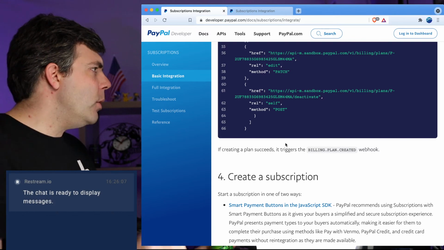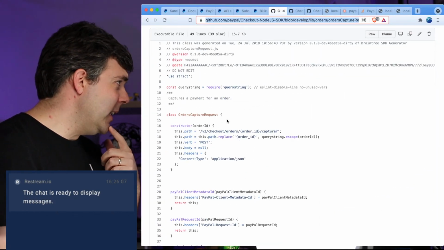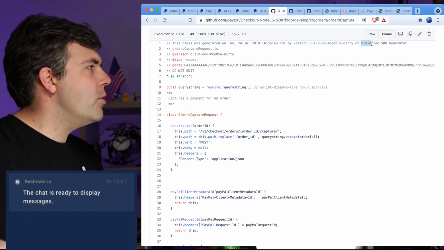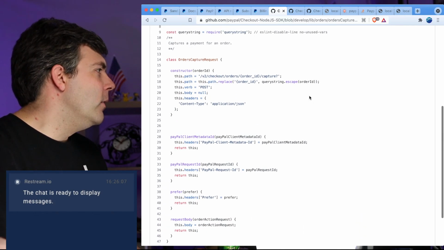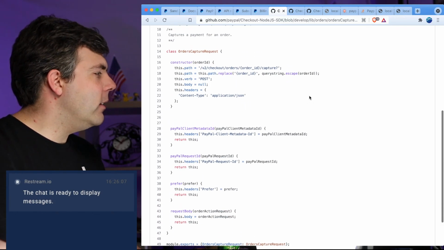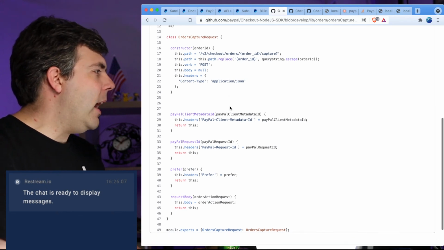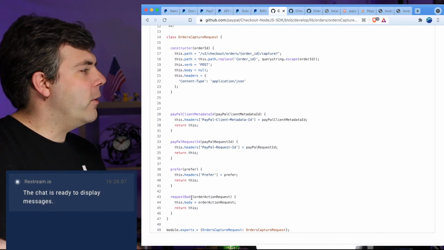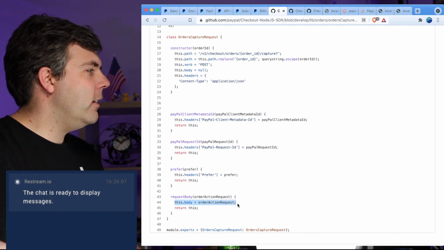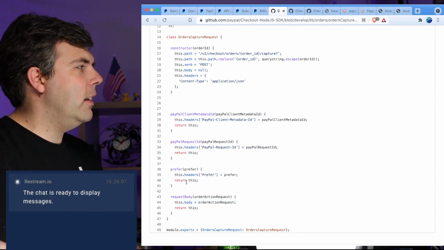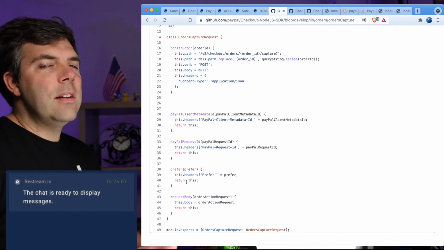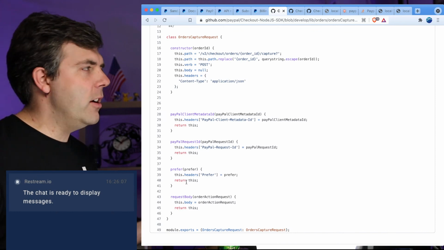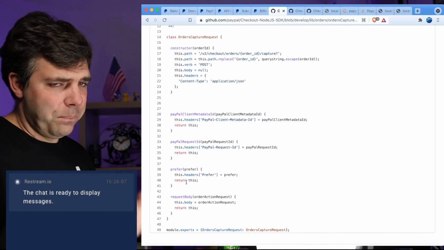Anyway, recap from last time. Basically, this file right here says it all. This class was generated by Braintree SDK Generator. So the reason the API is so confusing is in fact because it is generated, and so you have really kind of dumb things going on, such as having a setter for a request body that isn't necessary at all, and other things. And the documentation is not tuned to the languages that the SDK is exported in. The documentation is made very generic,